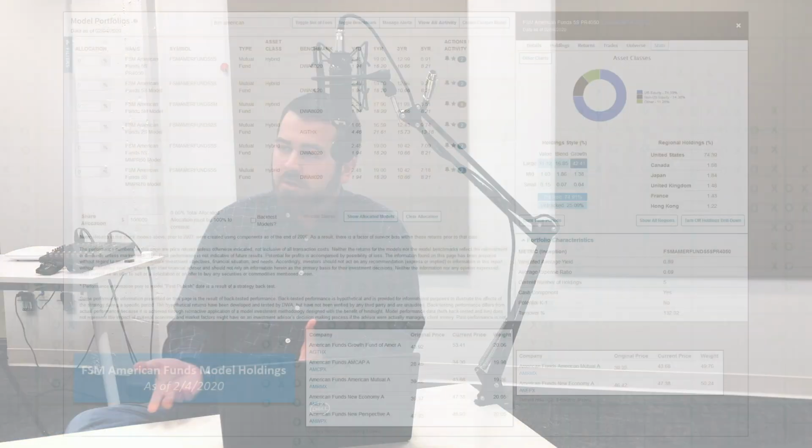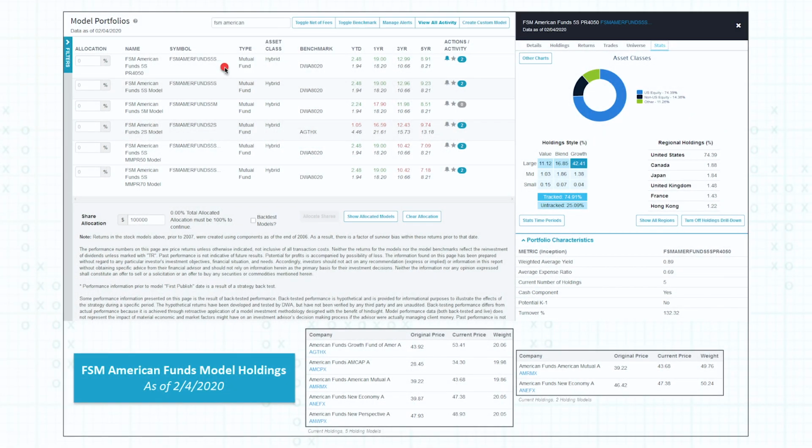As we've turned into this new market season, or at least a seasonal quarterly update, starting with American Funds, right? We saw the American Funds models sell out of small cap world and move into, at least in the 5 model, new perspective. So moving up in size, getting away from that small cap exposure to more of a large growth focus